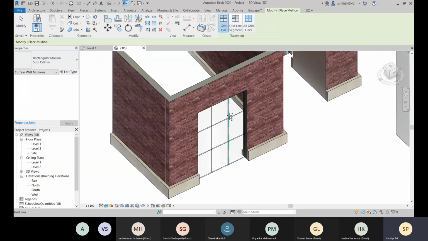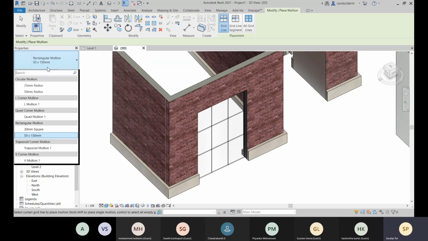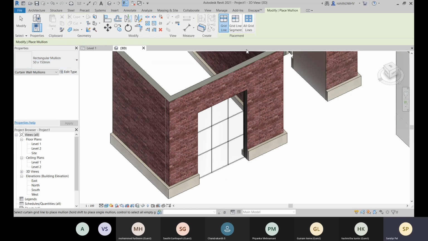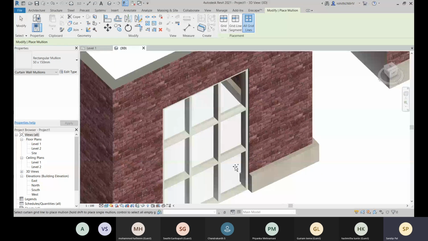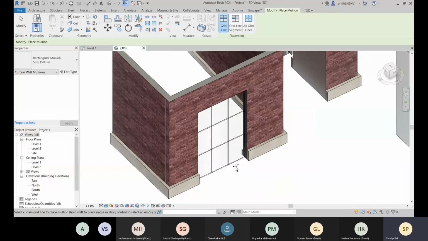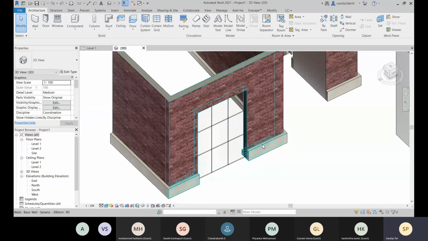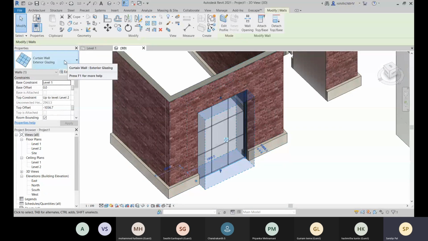After that you can start placing mullions. If you choose grid line, you will place in one single line, and this will be the mullion size, and you can change it to any type. Now let's go with this default, and if you choose all grids, you will place within all grids at the same time. So this is how we placed it, and let me uncheck this; this is just the exterior glazing one.